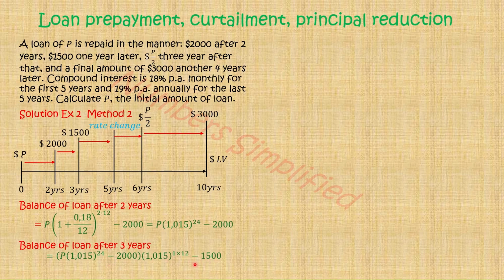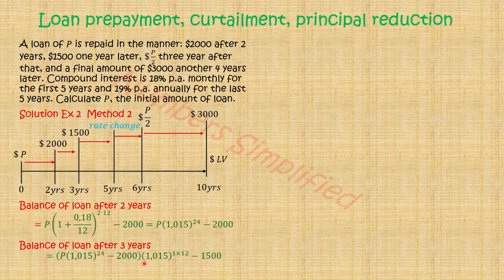Right, so that's why we have a 1.015 raised to the power 1 times 12. That is for 1 year. So it means that the balance that was left in year 2 has accumulated some interest. And now at that particular time, that is the time we reduce the balance of the loan. So we subtract 1,500 from the balance of the